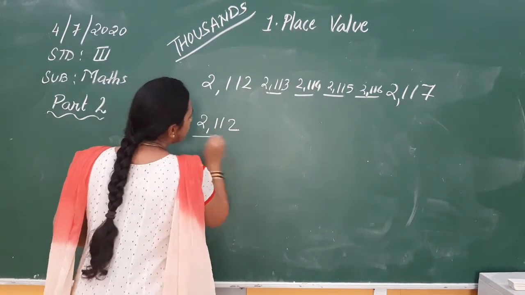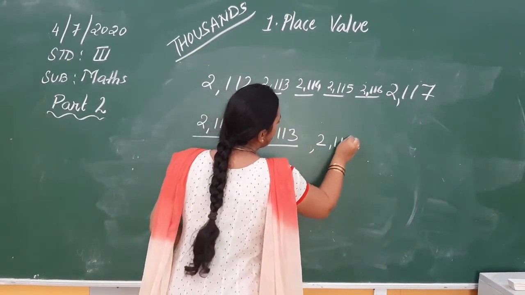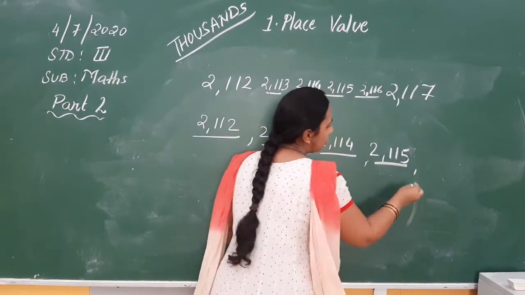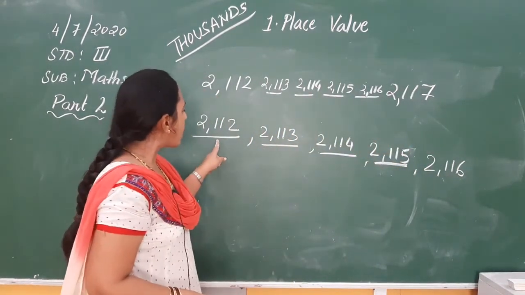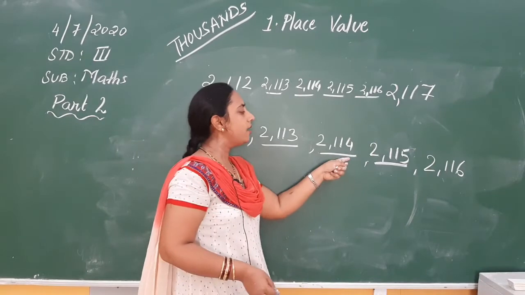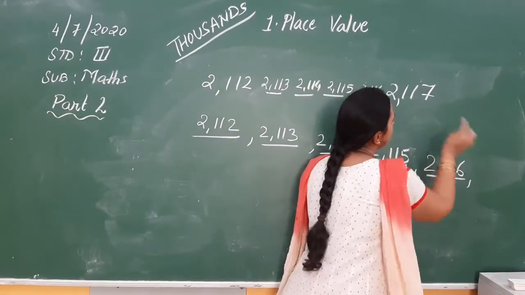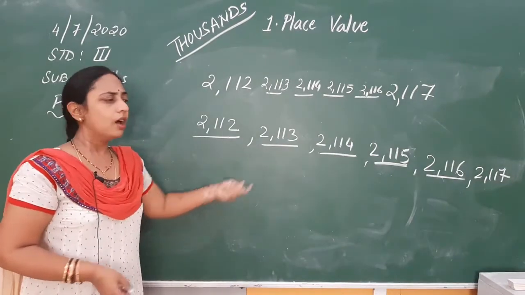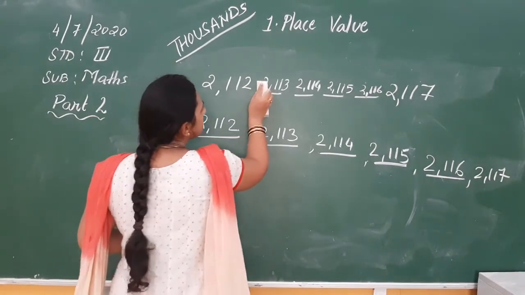2112, 2113, 2114, 2115, 2116, and then we have 2117. It's very easy, right? Suppose here we are having only one number difference. Okay, now suppose here